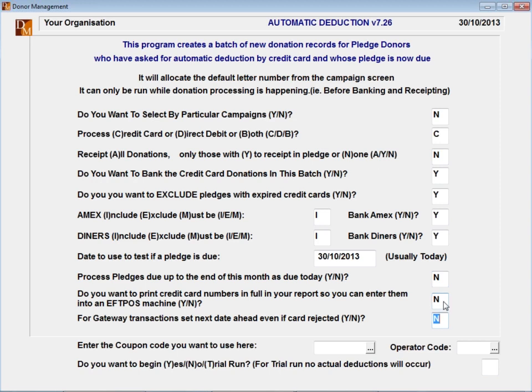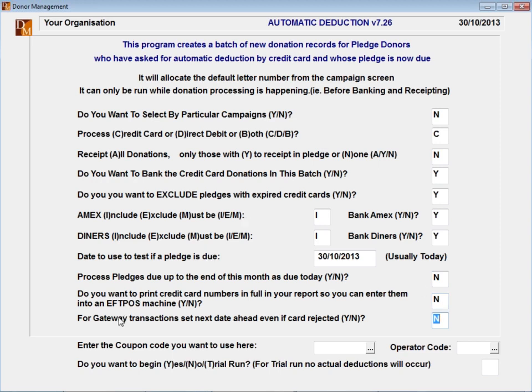Okay. If it's a gateway transaction, so when we've set up the pledges, as you saw, you can put in credit cards, but if you've got a gateway, so you're using Secure Pay or eWay, what will happen at the time you create the pledge, the system will send the credit card details and the expiry date to the gateway, and they will return a token. So you'll no longer actually have the credit card number on your system at all, and every time you look at it or do a report, it'll come out showing that this one has got a token. It actually hasn't got the credit card number anymore.